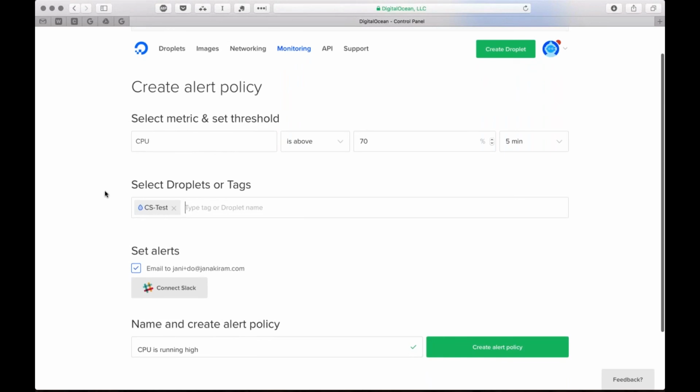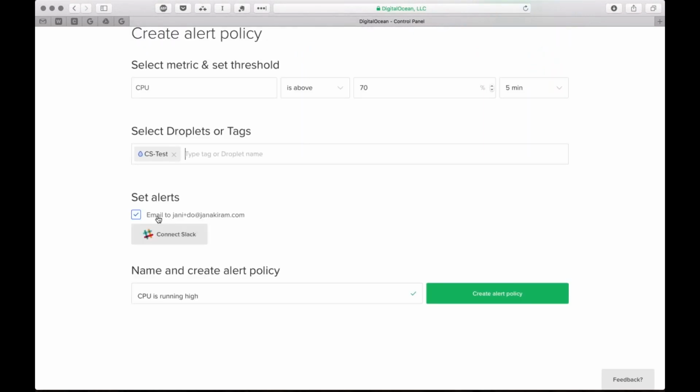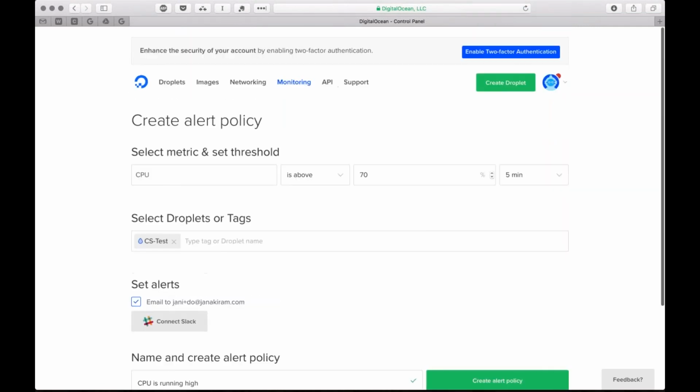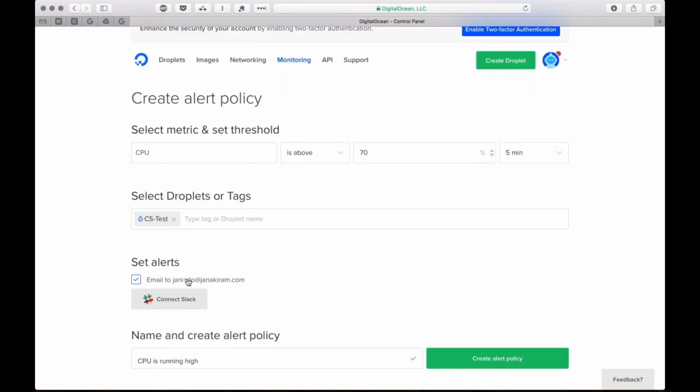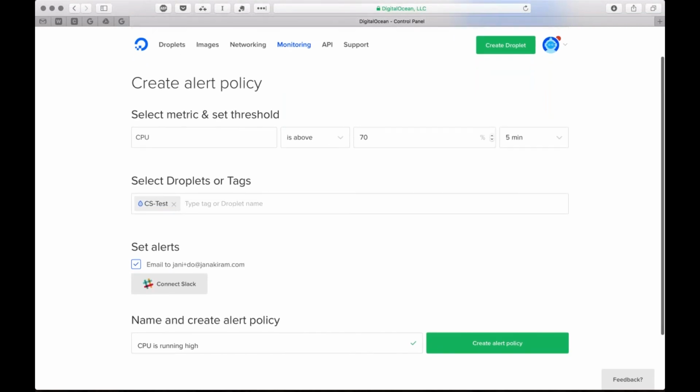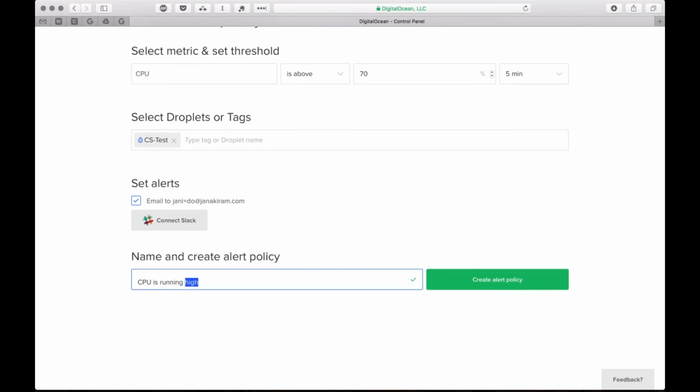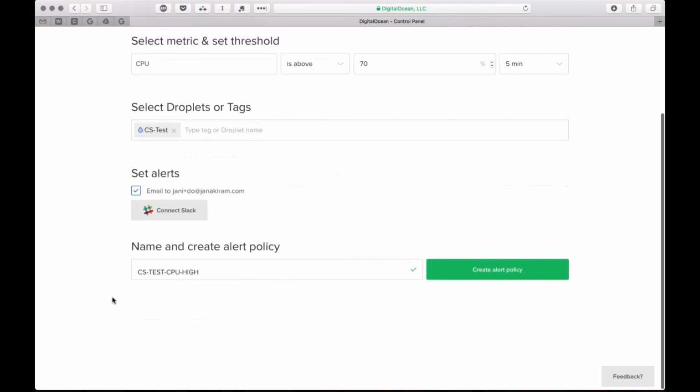So once we have the droplet or the tag identified, you can define an alert. By default, it takes the email ID of your account. For example, I signed in as this user, so it automatically picks up the same email ID and it's going to send me an alert. And you can give a name. For example, let's call this CS test CPU high. So this will basically create a new alert,